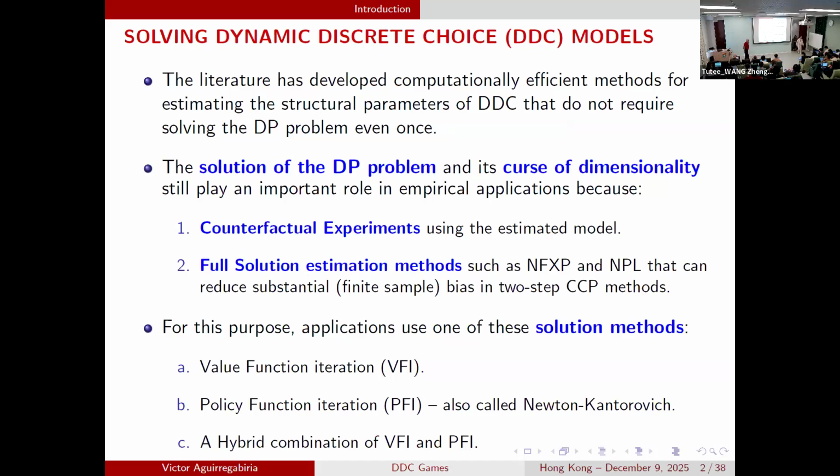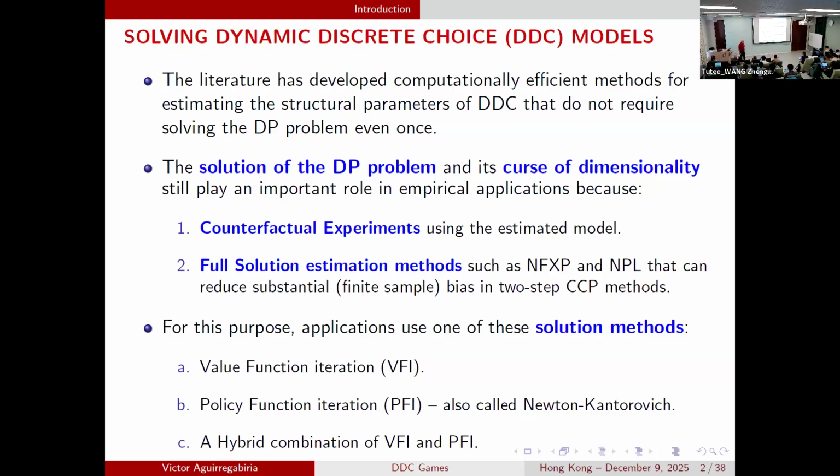Then we have seen today and yesterday very nice methods for estimating the structural parameters of dynamic discrete choice models that do not require solving the dynamic programming problem even once. These are, broadly speaking, CCP methods. And of course, there is a lot of value in that, and they are super helpful, as Bob has clearly